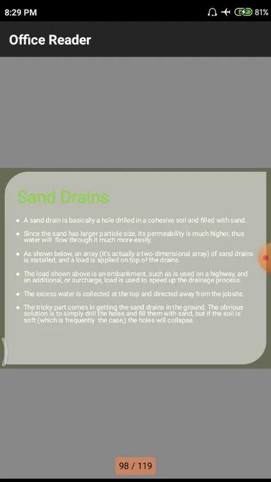And next is the sand drain. This is another topic related to ground improvement techniques. Sand drain means we drill a number of holes into the soil, and we fill the holes with sand, because sand has the property of bulking by absorbing surrounding water. Sand will absorb the total amount of water present in the surrounding soil, so that the water is collected at a particular point, and by using pipes and other flowing devices like motors, we can easily drain off the water present in the soil.